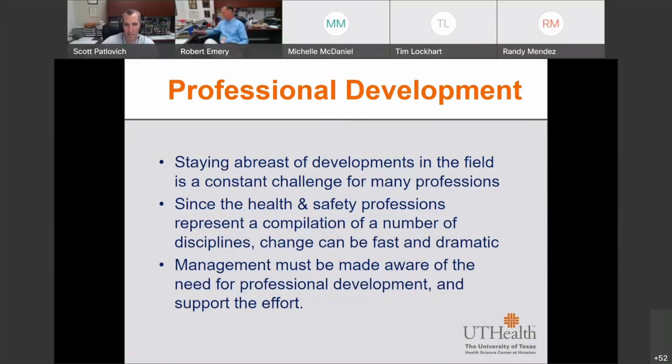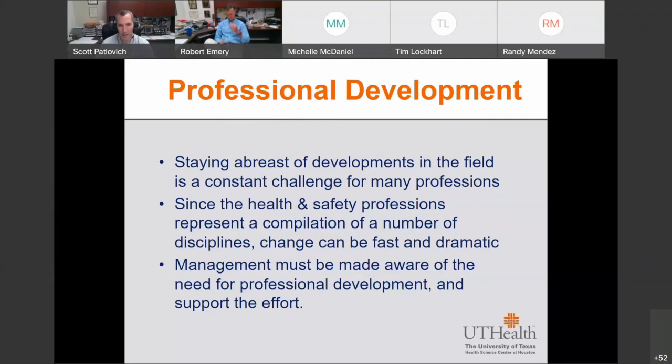In terms of professional development, you guys probably know this as well as anybody, that staying abreast of developments in the field is a constant challenge for us, especially here in the health and safety world. Things are constantly changing for us: new technologies, new regulations, new things that are occurring in our labs, our clinics, our classrooms that we need to understand so that we can appropriately implement controls. So the routine and frequent assessment of risk is critically important. And then understanding all these different things is something we need to keep ourselves sharp on.